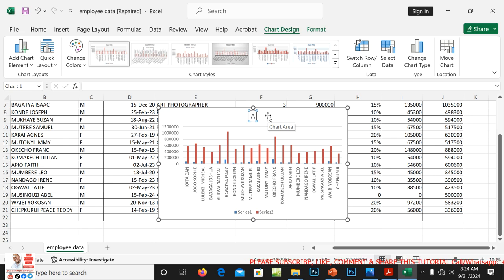Because this is a classic column graph, you can even say a graph showing employees with their increments and new wages.